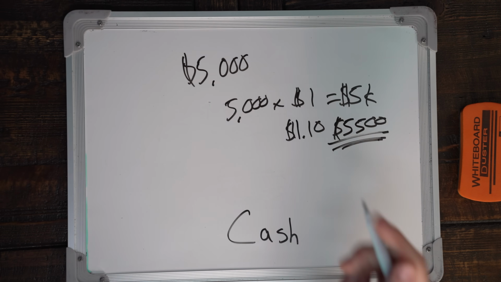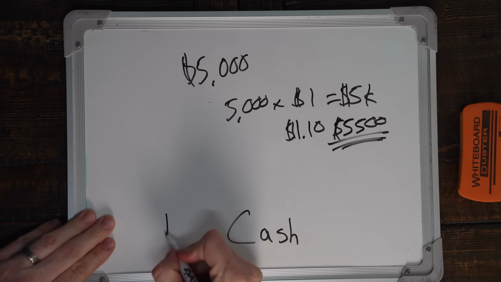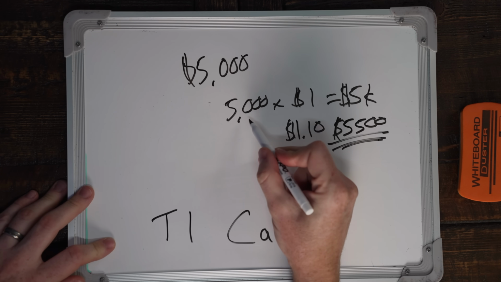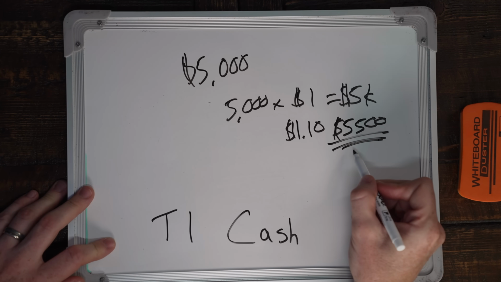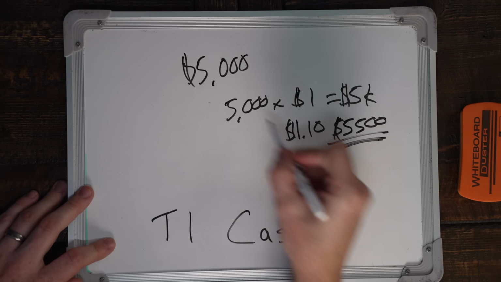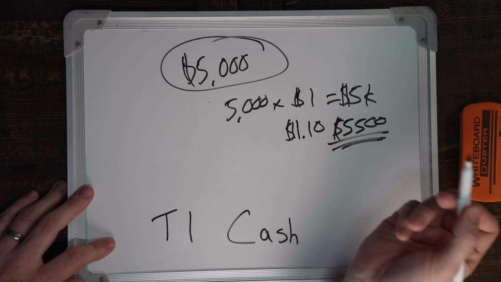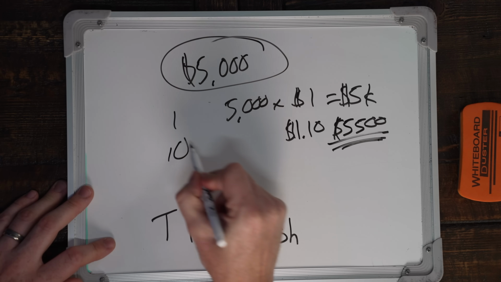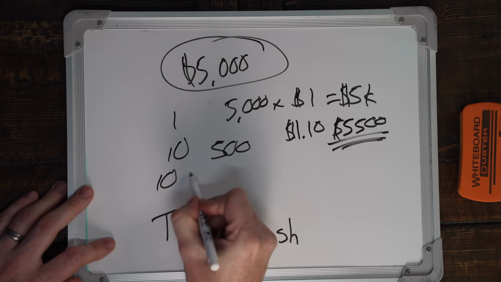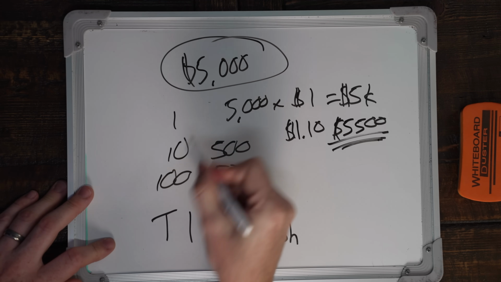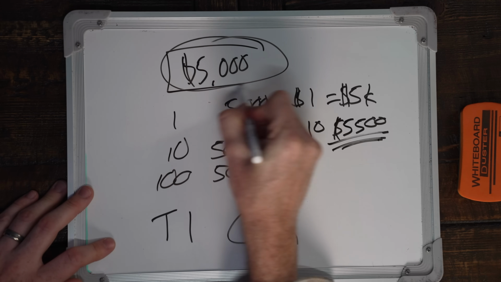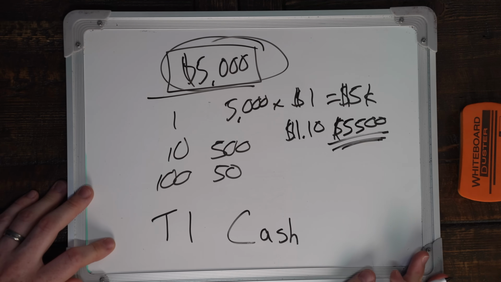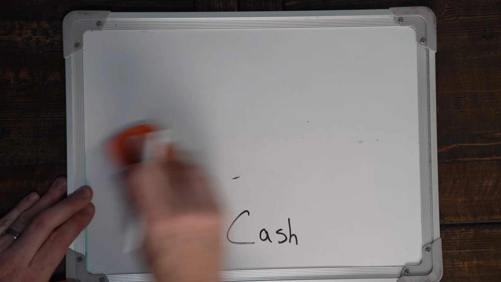Now, today, it's a little bit different because now we have T1 settlement, which means you could trade with that $5,000 and tomorrow you could trade with it again. So in this scenario with a $5,000 account, you could take one trade with $5,000, or you could take 10 trades with $500, or you could take 100 trades with $50. Doesn't matter how you slice it. You could trade $5,000 worth of stock in one day, and then you're cut off for the rest of the day. But with a margin account,